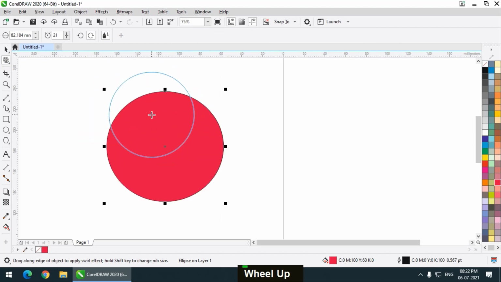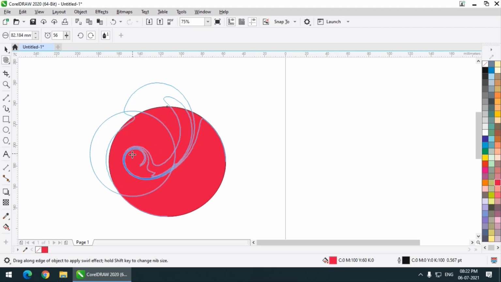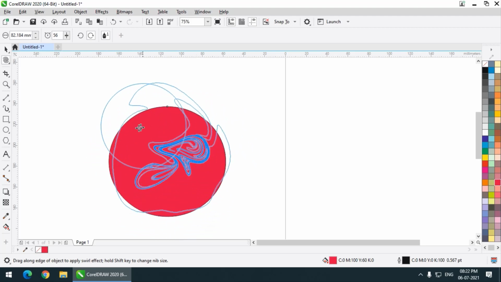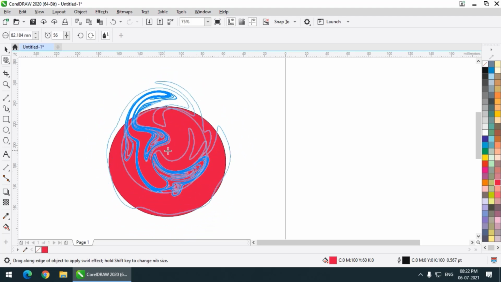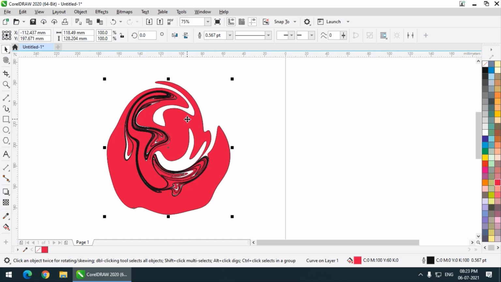You can use it only on the outline. But what if we do something? What if we use a click? We can simply click and drag over here, and we can simply drag it inside. So even if it doesn't work on the fill color, we have tricked it by pressing and holding the mouse button on the outline and taking it inside. So this is how it looks. This is a pretty random shape. We can call it an abstract shape.